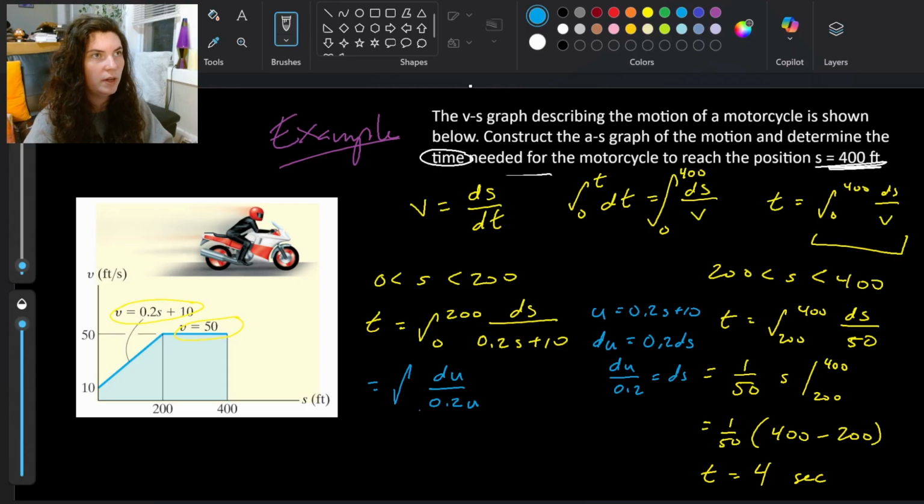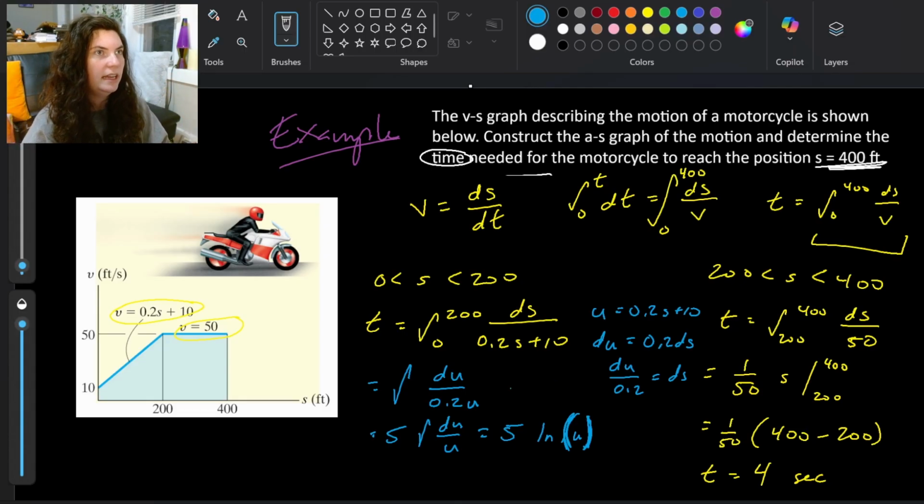I'm going to go ahead and take this 0.2 out, so 1 over 0.2 gives us 5. So 5, and that leaves us with the integral of du over u, which again, this is a special integral, right? Our integral of 1 over x is natural log of x. When we integrate this guy, he's going to be 5 natural log of u. And sometimes you can put absolute value of u, you can put parentheses of u. I know math teachers are really a stickler about making that natural log an absolute value,